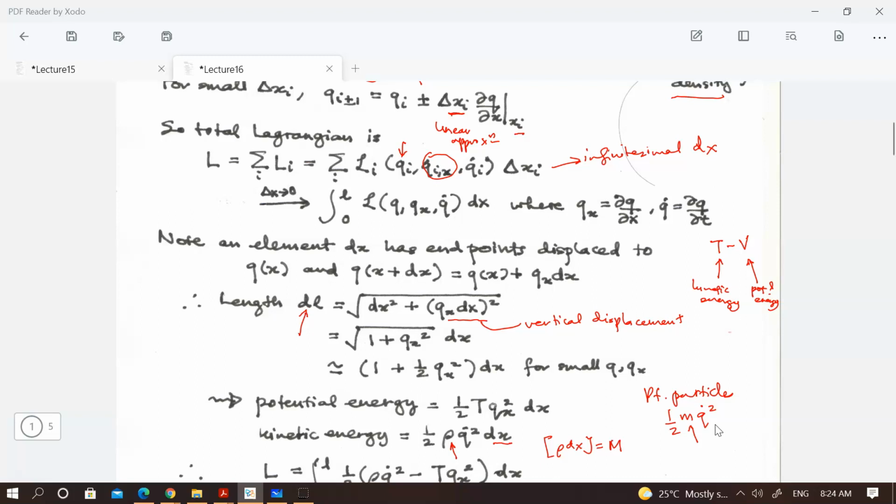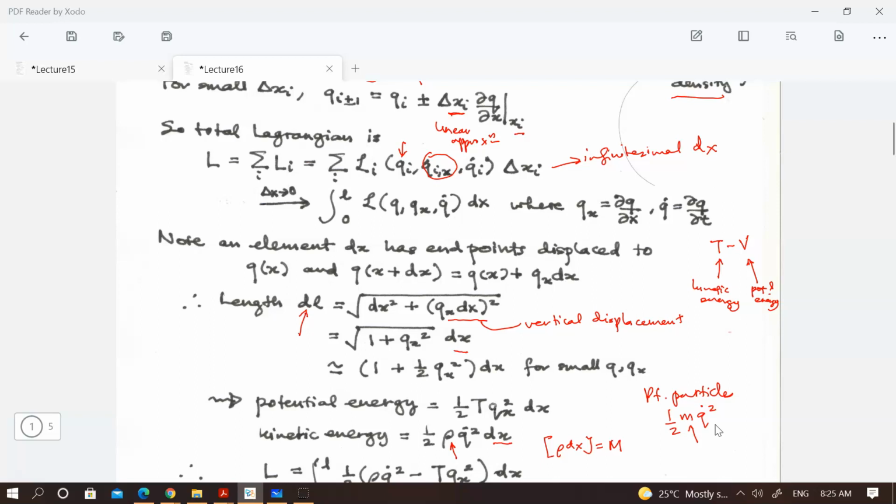Okay, so over here you can bring out your dx as a common factor in both terms. You bring it outside, so you get dx, and then inside the square root will be just 1 plus the derivative of q with respect to x, squared. But now what we're going to do is to make an approximation. Okay, for small dx, you can actually do this